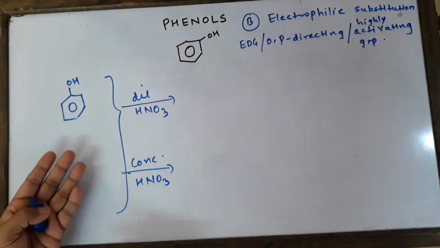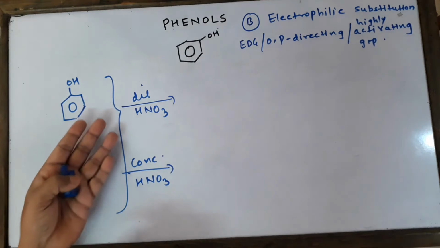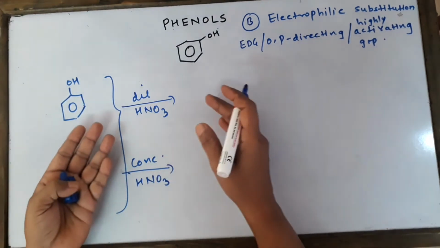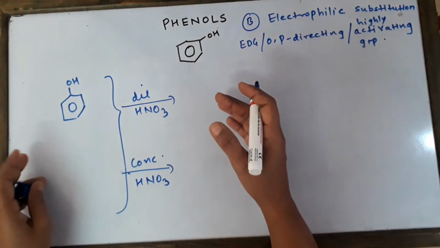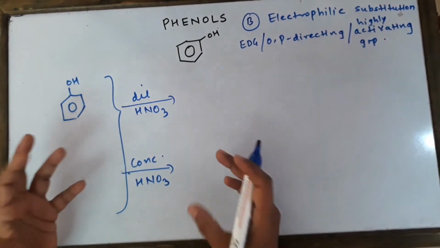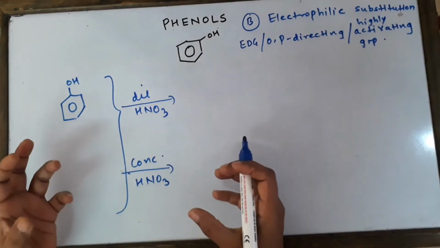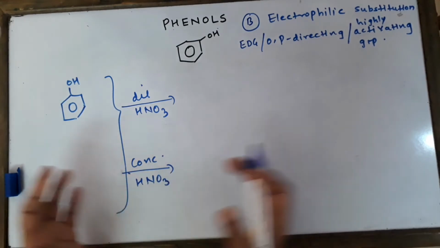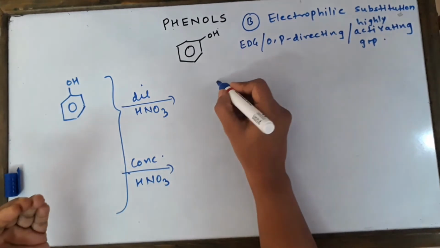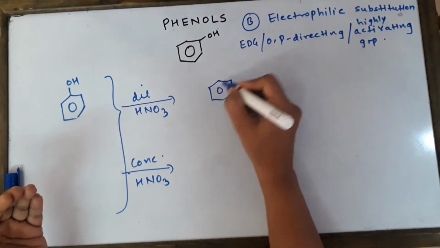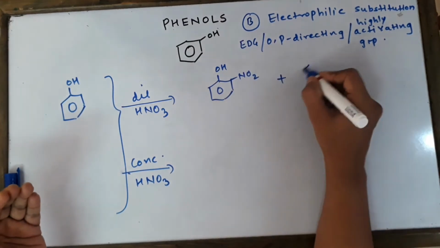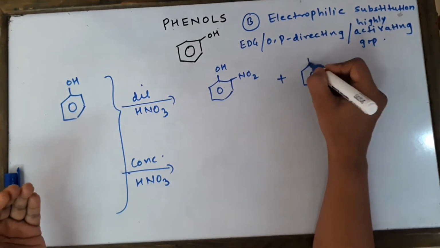Now we are doing the second reaction, nitration. You can see that under 2 different conditions, that is dilute nitric acid and concentrated nitric acid. Dilute will again give you less of the nitronium ions because it's dilute, and concentrated HNO3 is going to give you lots of nitronium ions because it's concentrated. So here you will be getting a highly substituted product, and here you will be getting only a mononitrated product. So in the first case, nitration of phenol takes place to give you orthonitrophenol, and the second one is going to be para-nitrophenol.